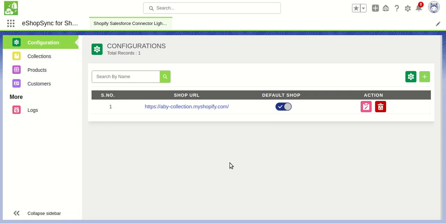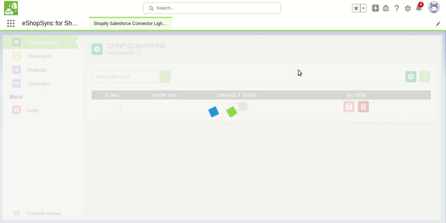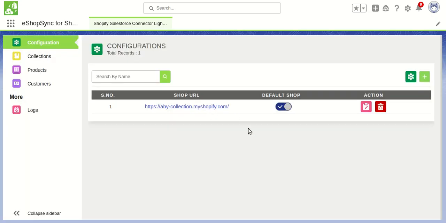So in this video, we are going to see how to configure eShopsync for Shopify in our Salesforce org by providing the permissions to the custom object and field of the managed package and the standard object. And also we will see how we can set up this generic configuration so that we can use the synchronization seamlessly here. So in the previous video, you have seen how to install and connect the Shopify store to the